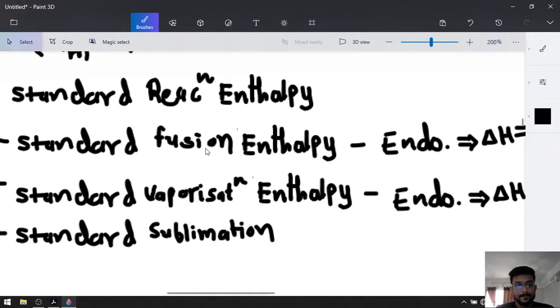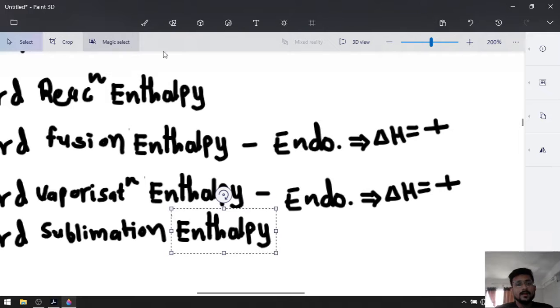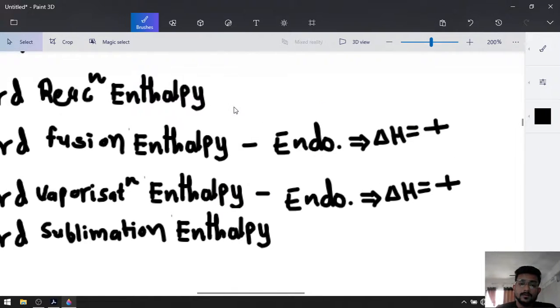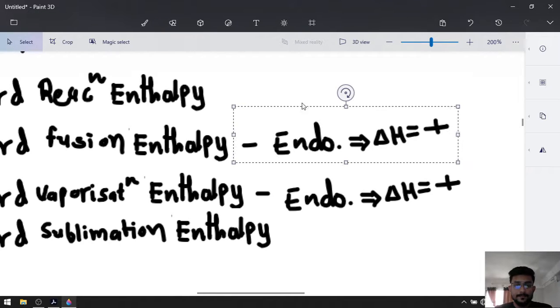Okay, it is also positive, that's why sublimation enthalpy is also an endothermic reaction. Okay,